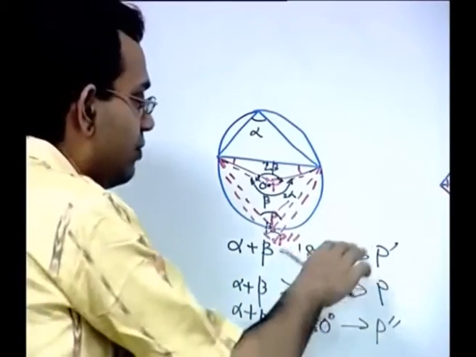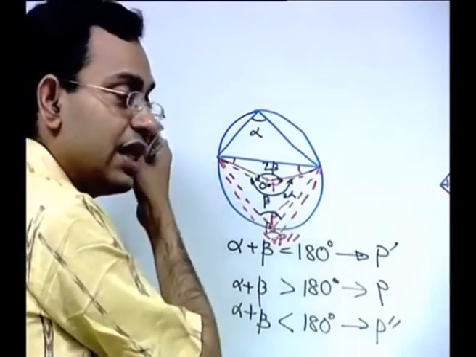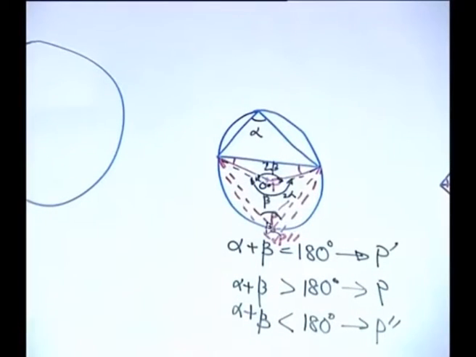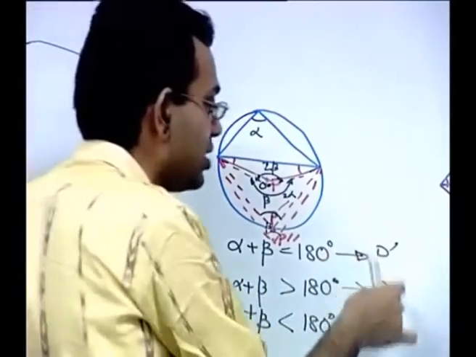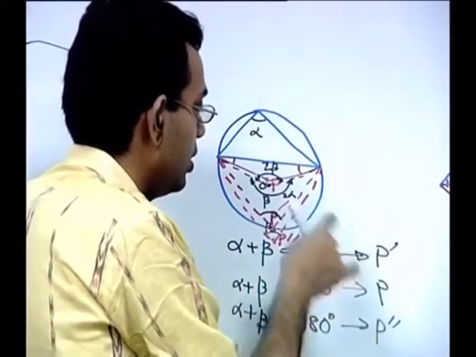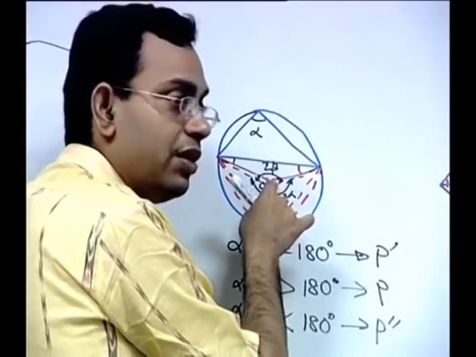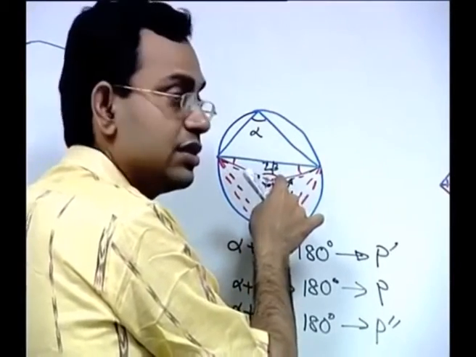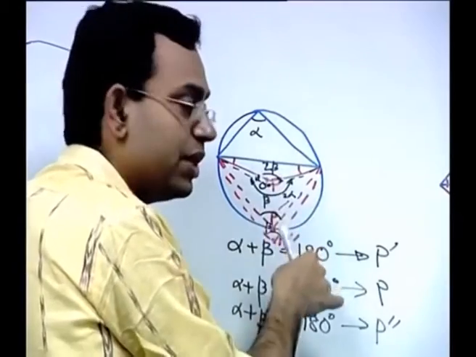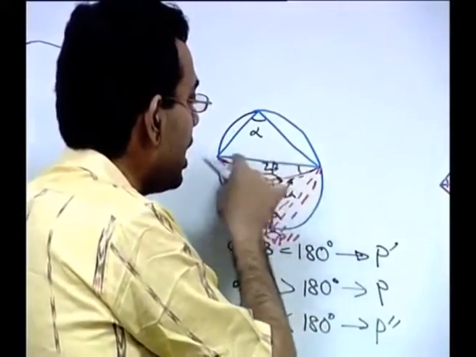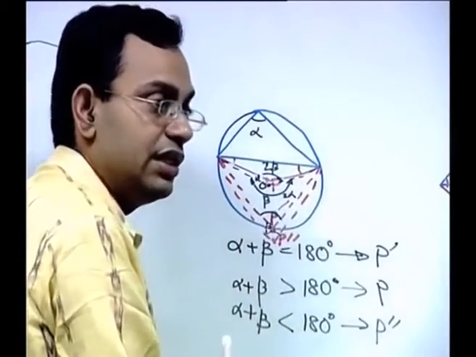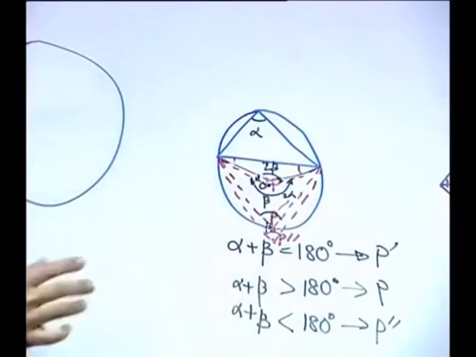Now in which of these cases do you expect the interior angle of the new triangle to be the smallest one? For P, P dash or P double dash? For the point P, because the angle beta is largest compared to the three cases, you expect the other interior angles will be small, because the sum total of the three angles of a triangle is 180 degrees. So, if one of the angles is large, the others will be very small.